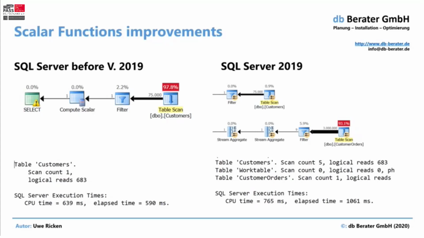And now the Scalar function has been transferred to a SQL statement, which says, please give me from the DBO customers all the 3 million rows, run a filter on it, aggregate them, and push them or merge them with the table scan operator. With 2019, you see here not only the customers table anymore, you now see that the customer orders gets accessed in the same way. And a third thing that is pretty cool, have a look at the execution time. The execution time looks way better here,